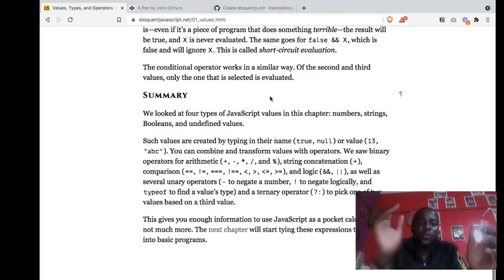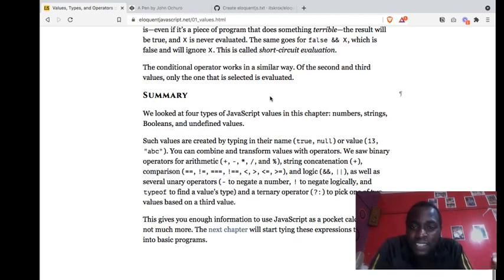Summary. We looked at four types of JavaScript values in this chapter: numbers, strings, booleans, and undefined values. Such values are created by typing the name, true, null, or value, for example 13 or "abc". And you can combine and transform values with operators. We saw binary operators for arithmetic, that is plus, minus, forward slash, and